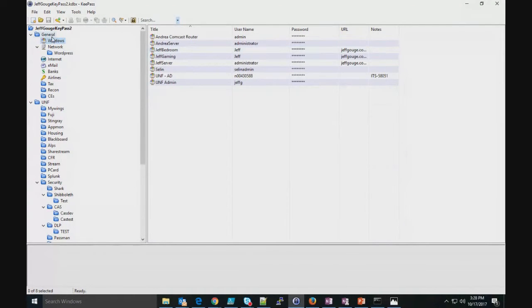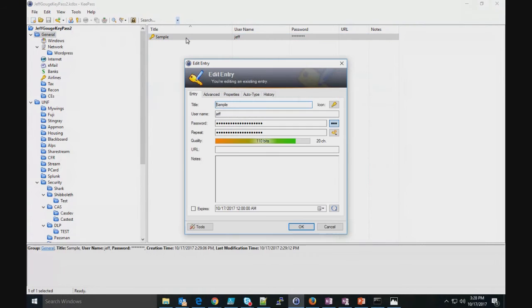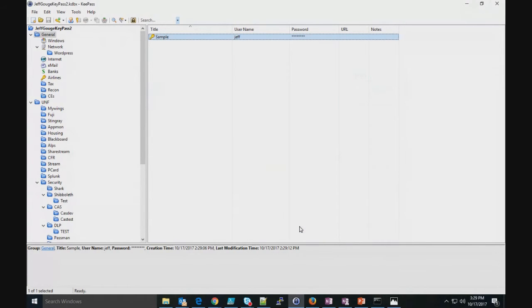But it is very simple. You add an entry in here, and all I did was organize it on the left. And I would just put what it is. So I could put sample, I could put Facebook, what my username is for that site, and what my password is hidden right there. The other cool thing about this, and all the paid ones do this as well, is if you wanted to put this into an application, you could copy and paste from this and it would automatically fill in the form field in your browser.